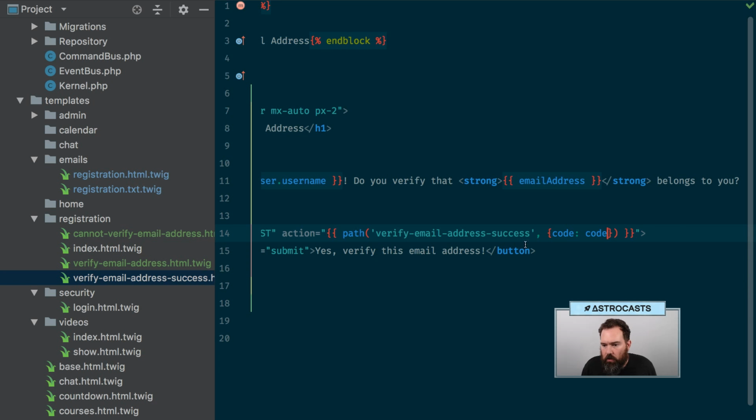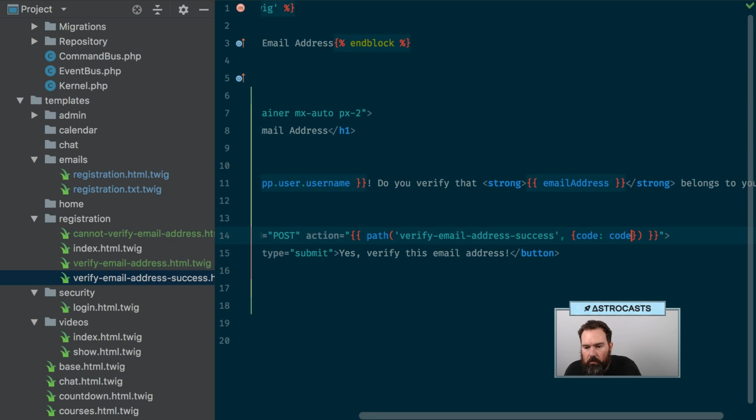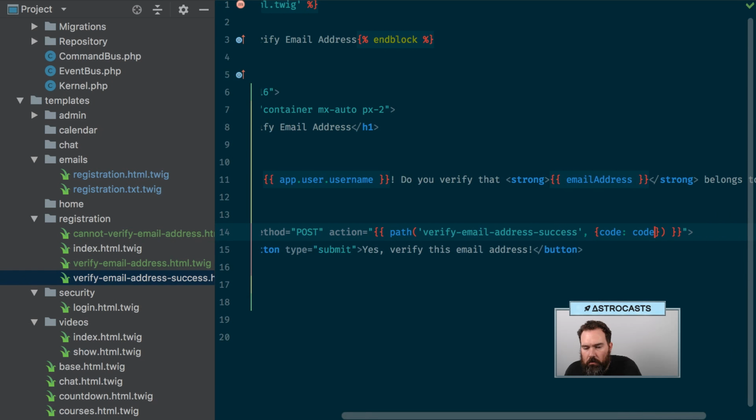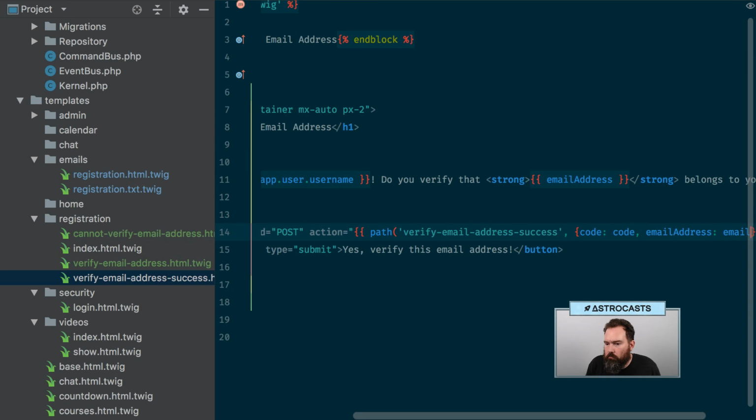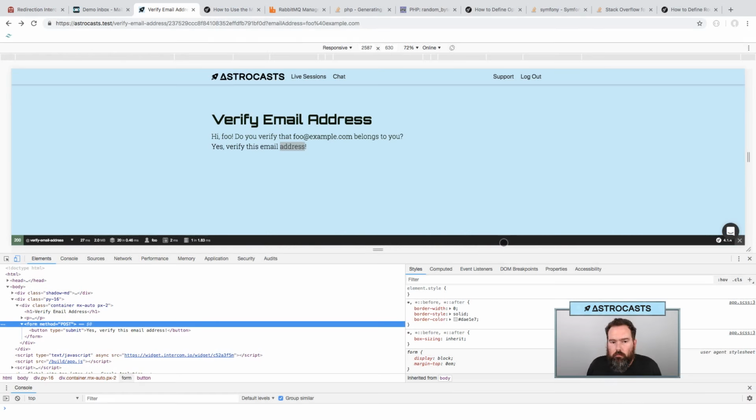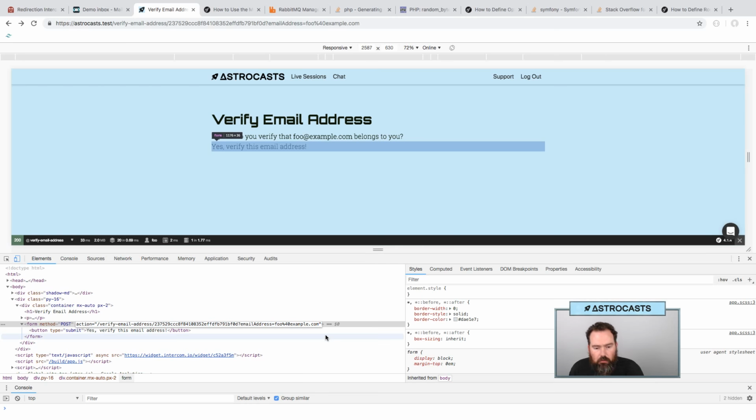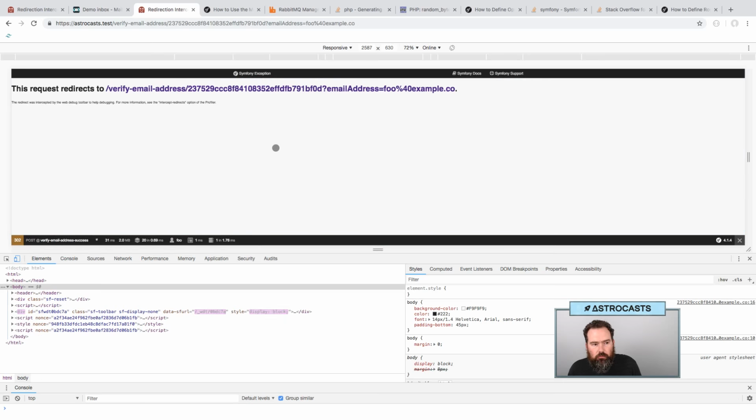I'm going to put the code in the URL. Actually, I'm going to do all of it. Okay, so actually created, verify my email address, put it all in there. So what I'm going to do is change the URL to .co and submit it. And as we're redirecting back now to foo.example.co,